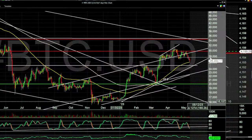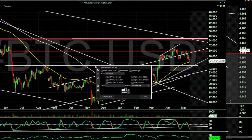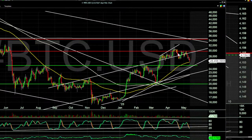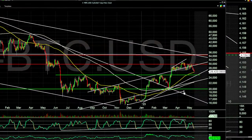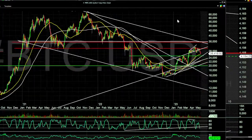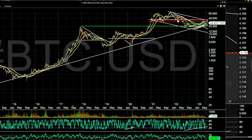I haven't looked at the daily chart too much, but I like the 25K level. But up here, almost everyone had started to believe that 10K probably was never going to be seen again. That's about the time that they prove you wrong. I think you can easily pull back to 20. Some people are saying that's never going to happen again. The way these things work is you go all the way back here to...